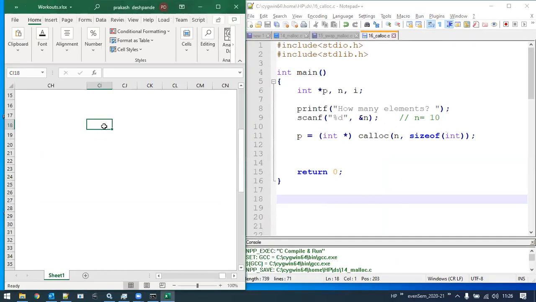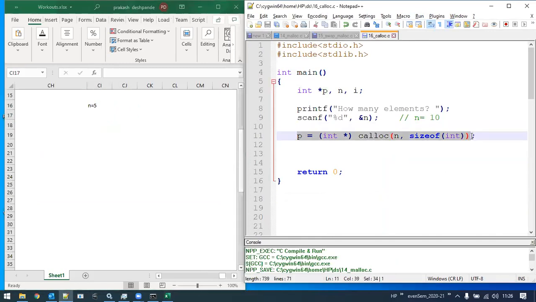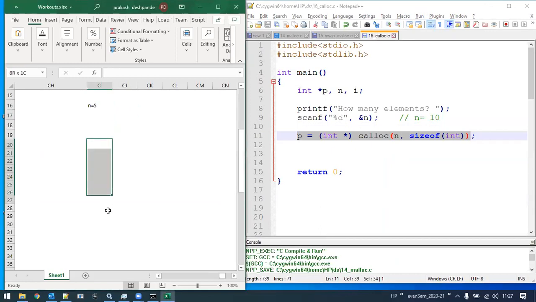Now when I declare, assume that n is going to be 5. So it is going to allocate n into integer size, that is 2 bytes. So I have a few bytes of memory here.